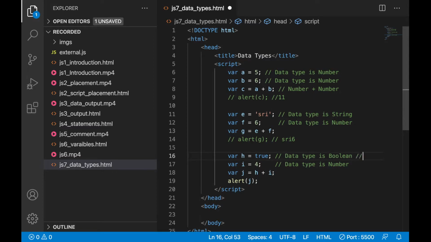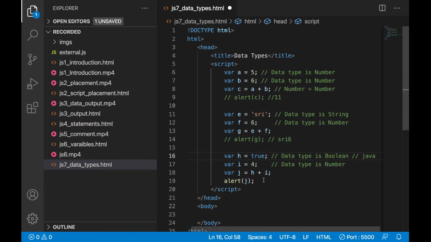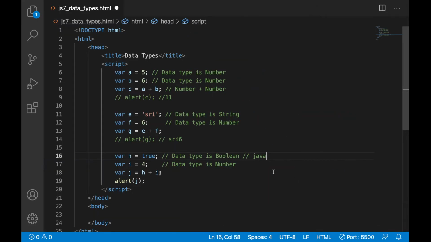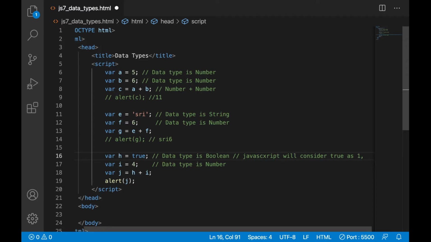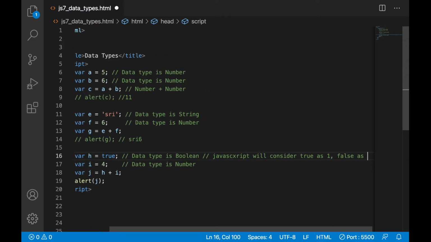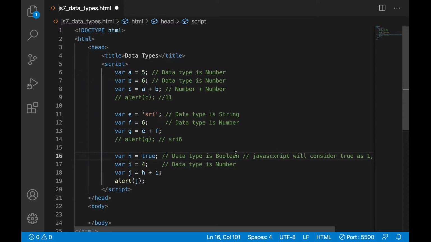So let's hide the left side one for spacing. JavaScript will consider true as 1, and false as 0. So we can replace it with 1 here.